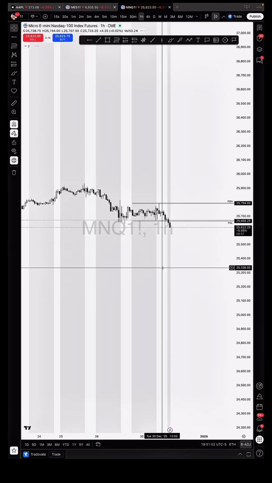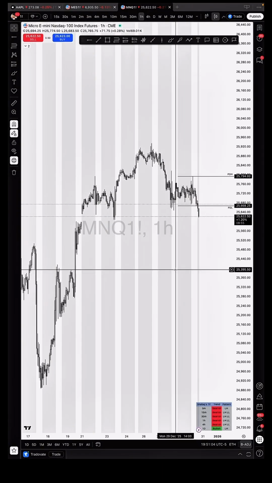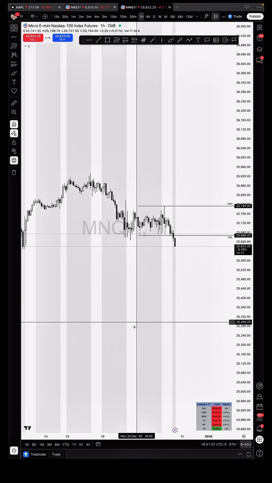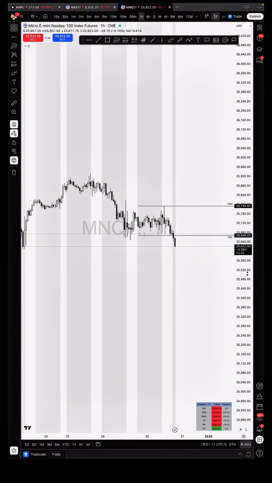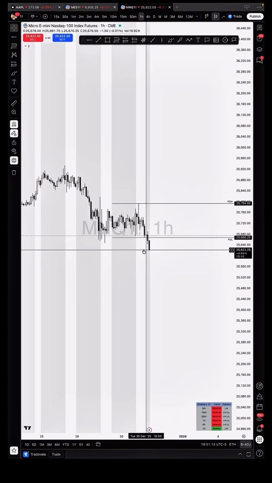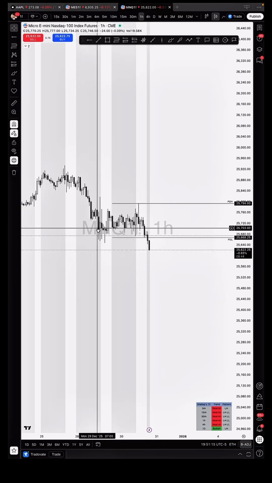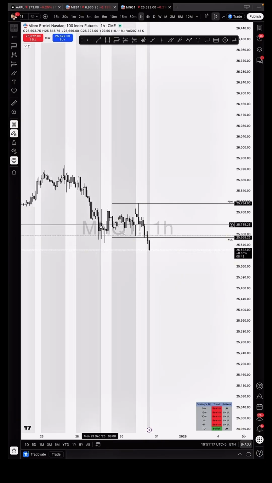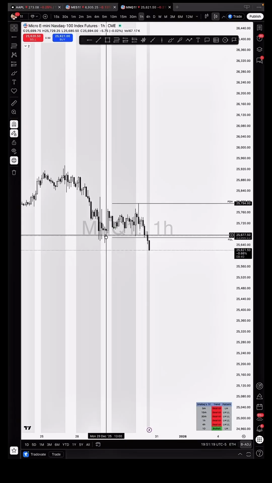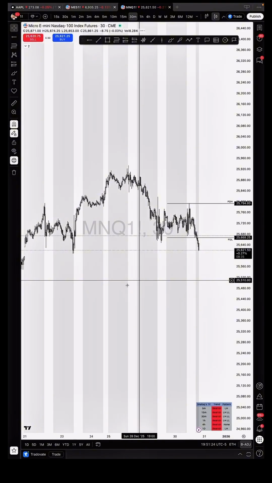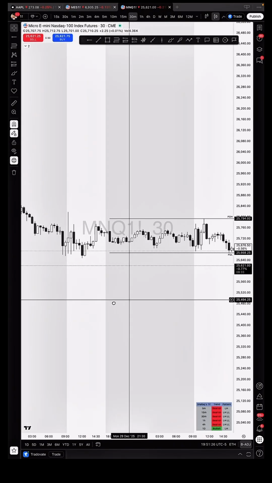Considering that it's the last days of the year, considering the volume dies and all those things are taken into consideration basically. What we will do here is, the price action that you saw yesterday was accumulation, manipulation, and then distribution. What I mean by that is, if we go to 30 minutes, which is yesterday's price action,